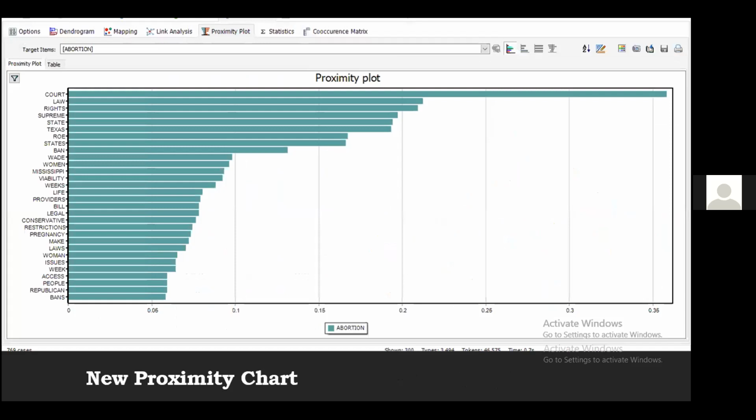I also ran a proximity chart on the new corpus. I can't seem to help myself when it comes to the proximity charts. I know I quickly ran by the proximity chart for the first content due to time, but I can say that at the top of the list was similar. Courts and states and row and Mississippi is there. But as you move down the list,